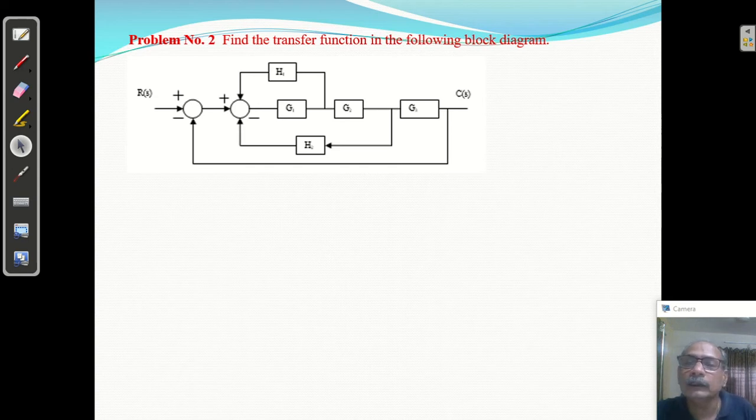In this problem, this is G1, G2, G3, H1, H2. Okay. So this is given. Okay. So you can either shift this to here or this to here. Okay. This takeoff point either shift to here or this takeoff point you can shift to here. So both will give the same. I'm going to shift this takeoff point to here